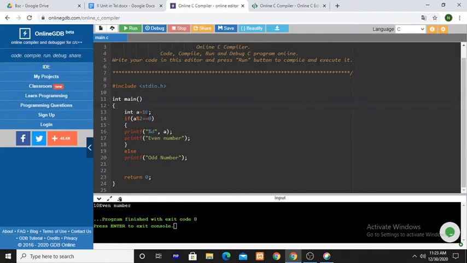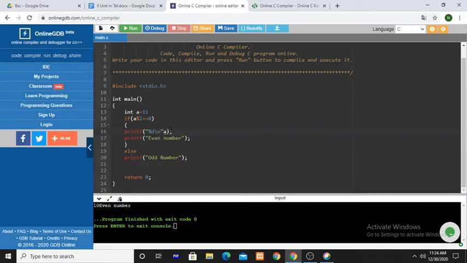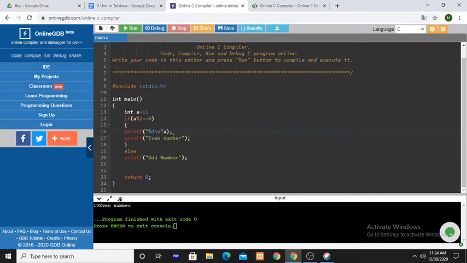If you write 11 here, 11 mod 2 is not 0. 11 mod 2, the remainder is 1, and 1 is not equal to 0. That is, the condition you have written followed by if within the parenthesis is not true.